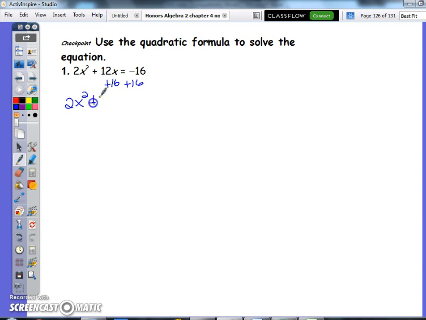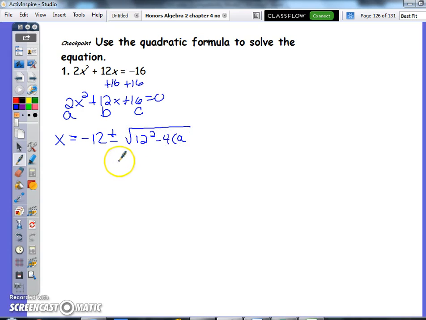So 2x squared plus 12x plus 16 equals 0. This is A, B, and C. So x equals the opposite of b plus or minus the square root of b squared minus 4 times a, here our a is 2, times c, which is 16, all over 2 times a. So let's do some math. -12 plus or minus the square root of 144 minus, now 4 times 2 times 16, what is that? I get a 128